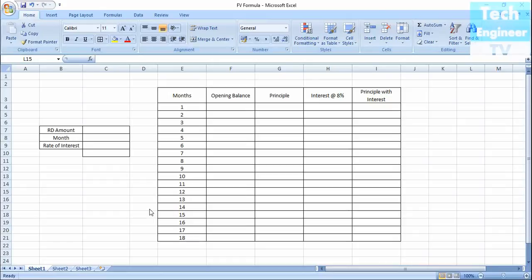In this tutorial, I'm going to discuss the future value formula. The future value formula is basically used in accounting. For example, you have some recurring deposit account, maybe in some scheme, maybe in a bank itself,